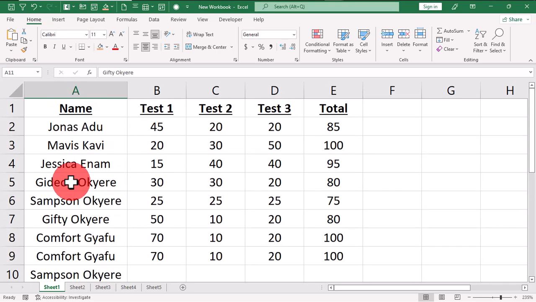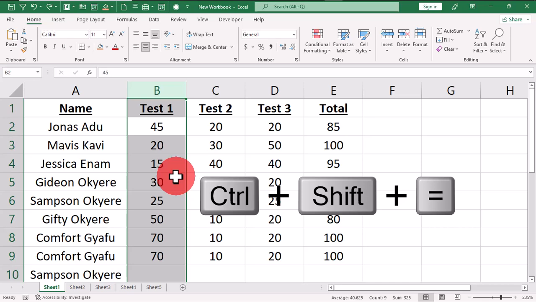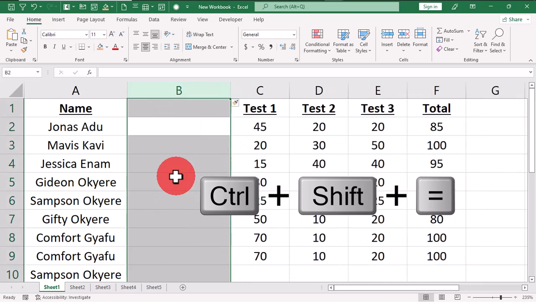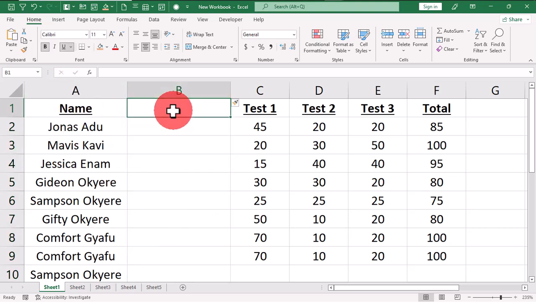Now let's assume that at some instance they want you to pull out the first name from the full name that we have here. I'm going to select this column, or I can select a cell and use the Control key and the space bar to select this column. Then I'm going to create an empty column before column A. So I'm going to hold the Control key, the Shift key, and the plus symbol. Now I have this column inserted before the column A data. In this case I want to type First Name,